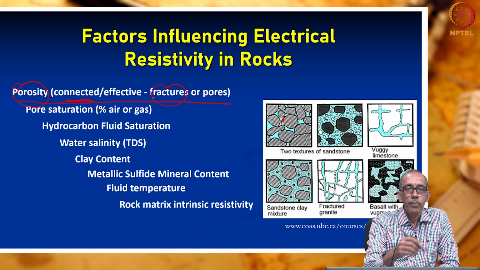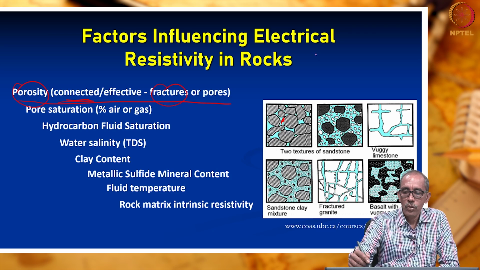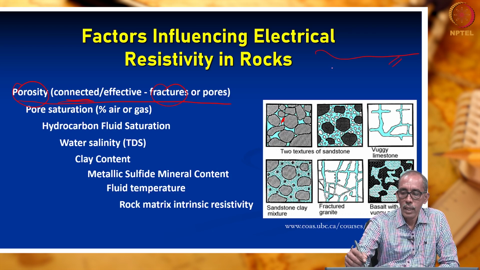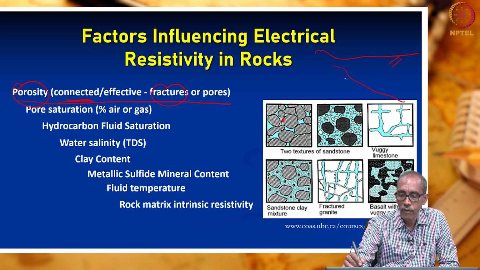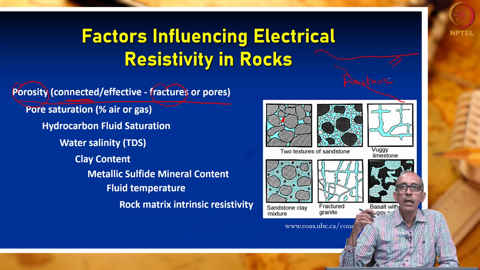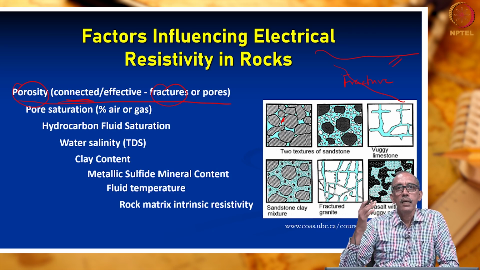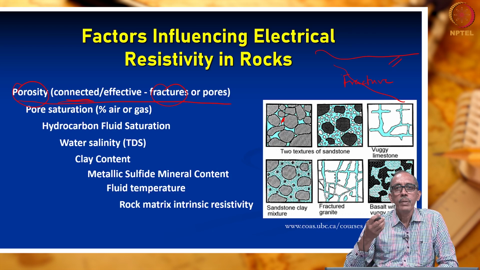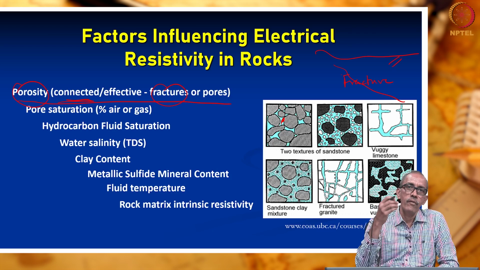Suppose the pores are due to fractures. That means you have a massive rock below the surface of the earth, but the rock has got one major fracture like this. This is a fracture, right? So, when the fracture is there, the resistivity will be slightly reduced. Why? As soon as the fracture is there in the rock, the fracture is normally expected to contain or retain some moisture, right? So, resistivity will be slightly reduced.